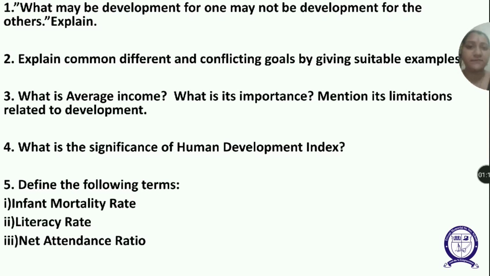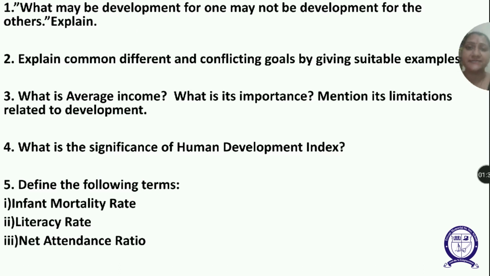Prosperous farmers may want a high family income through higher support prices for their crops. People belonging to scheduled castes want higher income, social equality, increase in job opportunities, quality education, and better